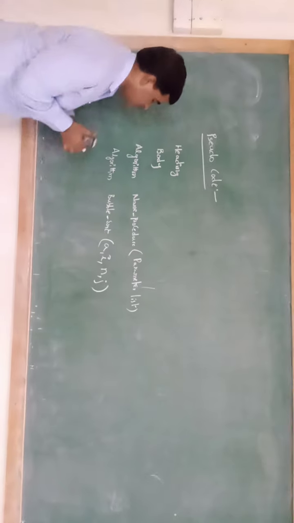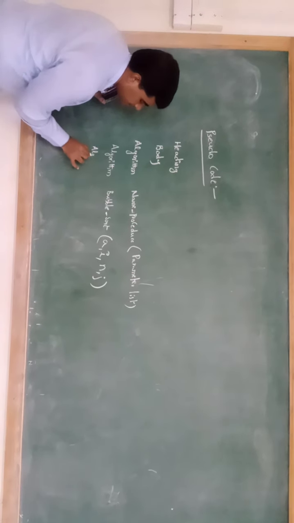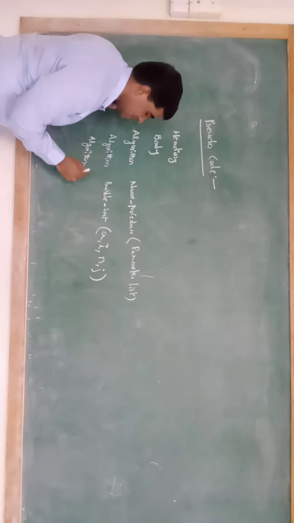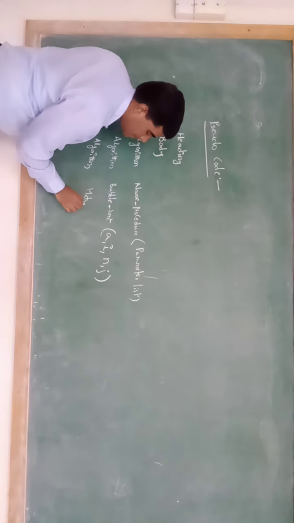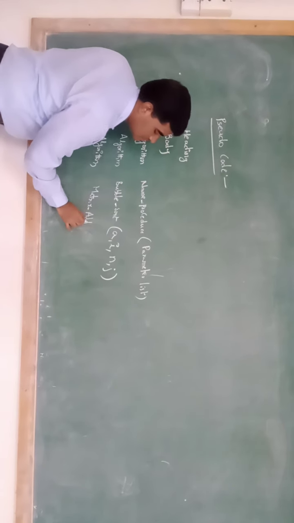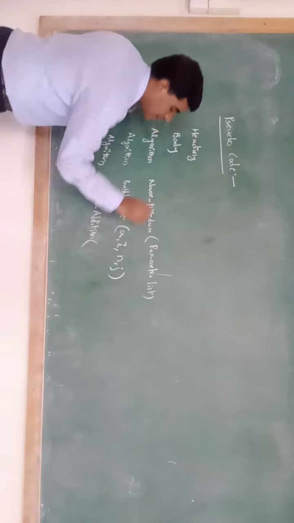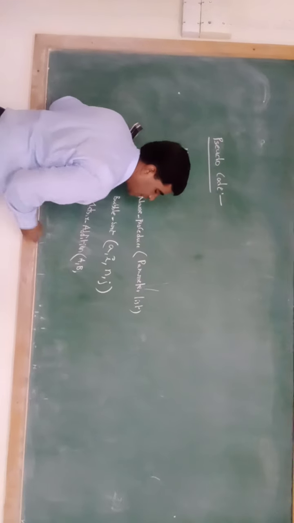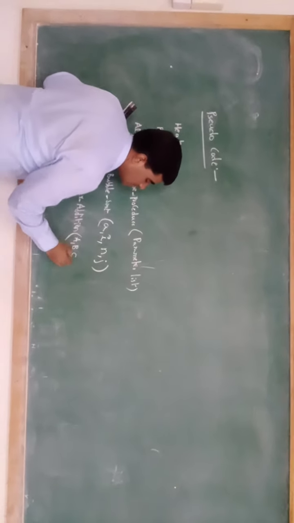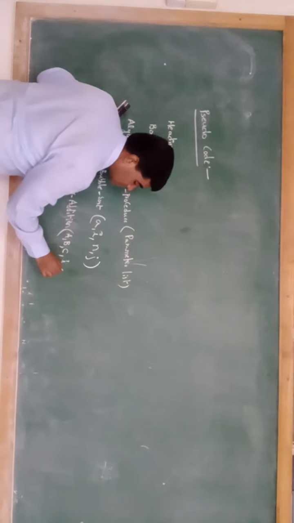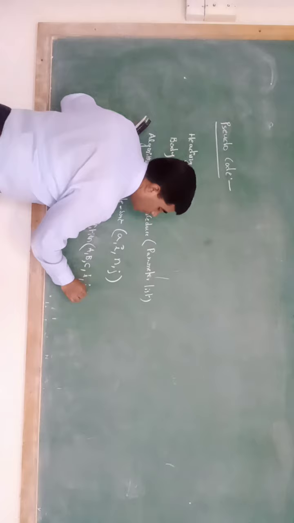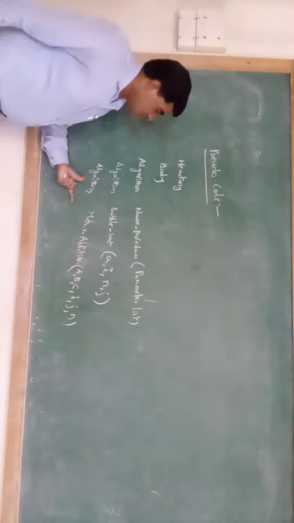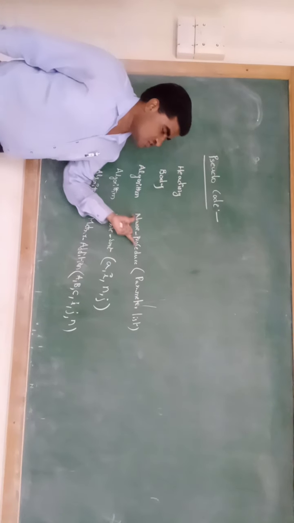Take another example, the algorithm name of the procedure, suppose matrix_addition. What parameters are required? Two input matrices and one output matrix, and I represents the rows, J represents the columns, and how many rows and columns there are is represented by N. So like this, the heading consists of the name of the procedure and the parameter list.